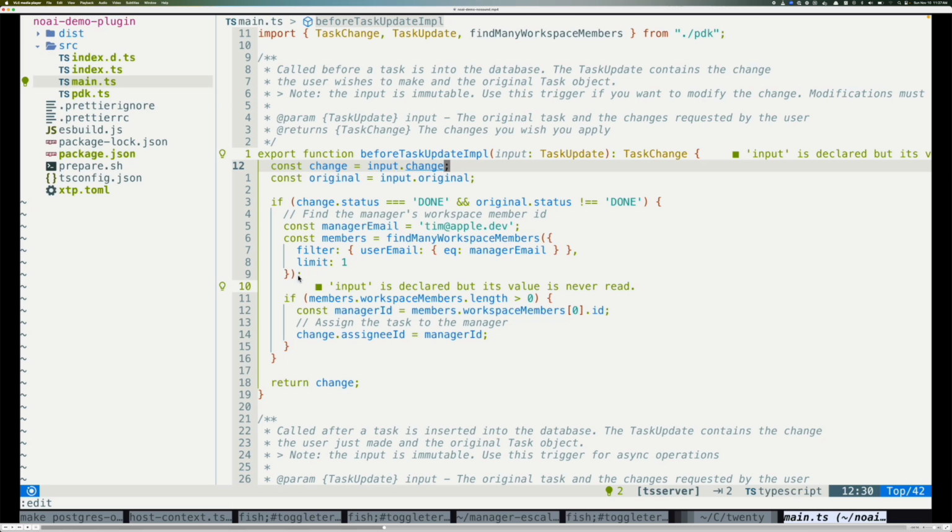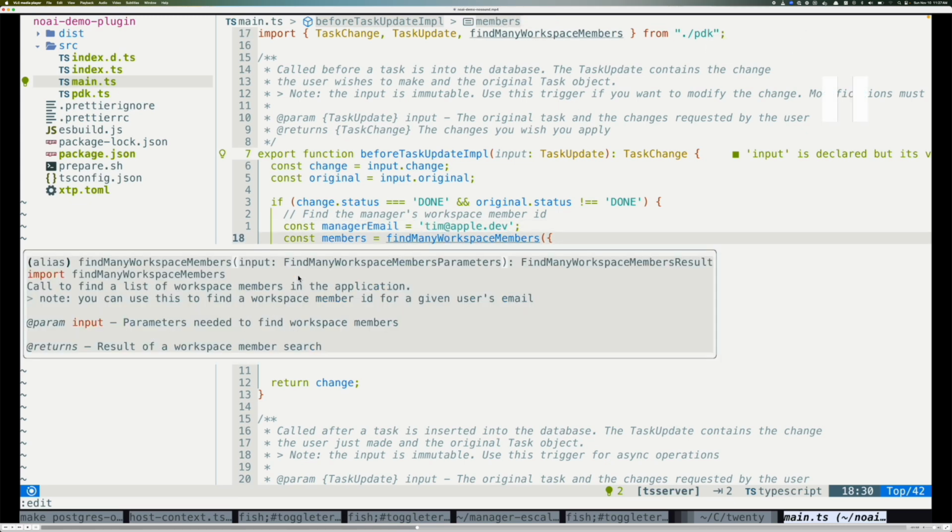so Twenty doesn't have a way to assign a task by email. So it actually figured out I need to call a function inside of Twenty to find the ID for that manager. So it says I have an email, I'm going to find that manager, get their ID, and then assign the task to that ID. So it's able to figure out how Twenty works and talk to it and get done what it needs to get done. So it's done that. This is a function that we're importing from the application that you can use to find workspace members, which is like finding people in your company that are signed up to Twenty.